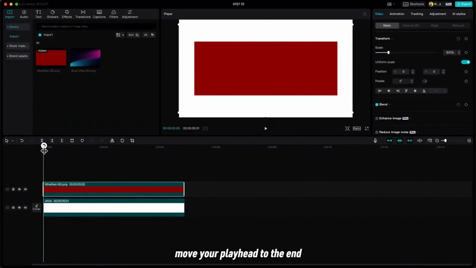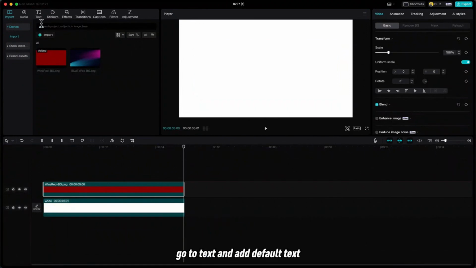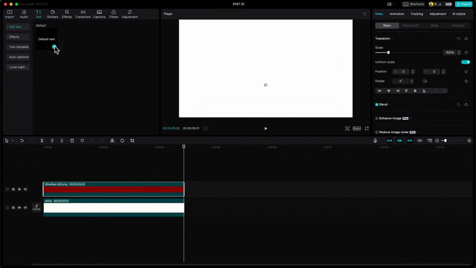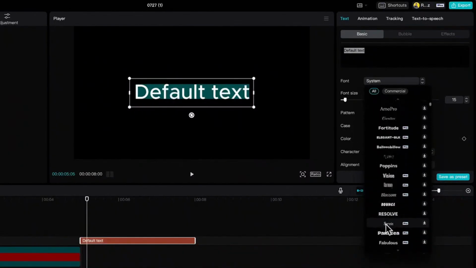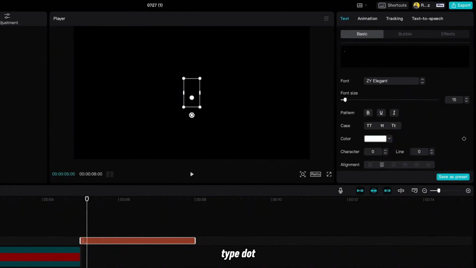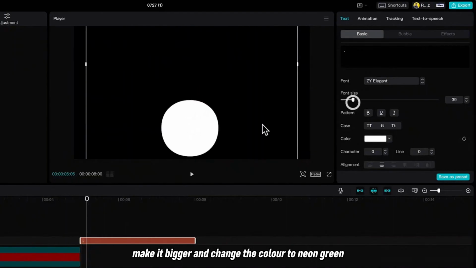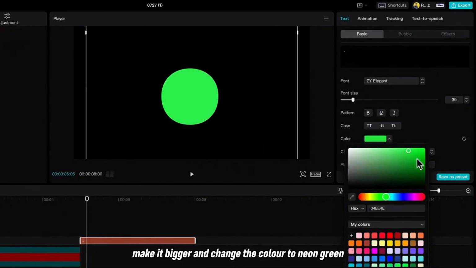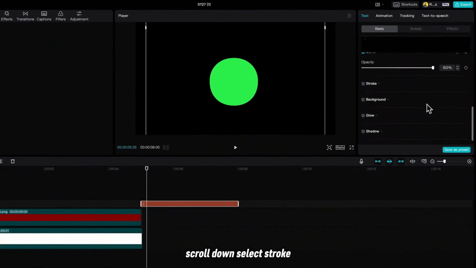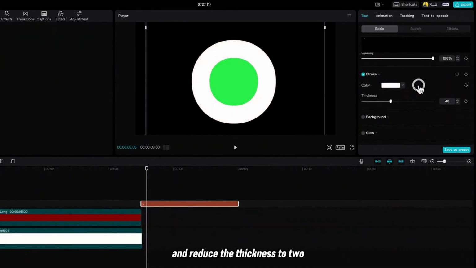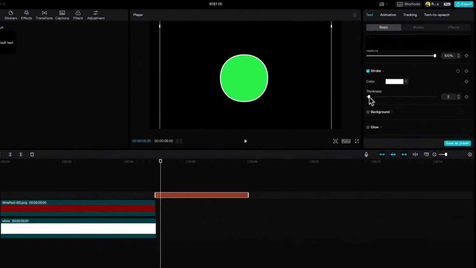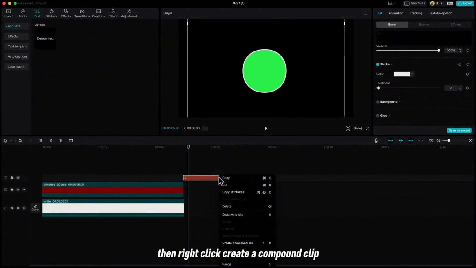Move your playhead to the end, go to text and add default text. Then just find some bold text, type dot, make it bigger and change the color to neon green. Scroll down, select stroke, change the color to white and reduce the thickness to 2. Then right click, create a compound clip,